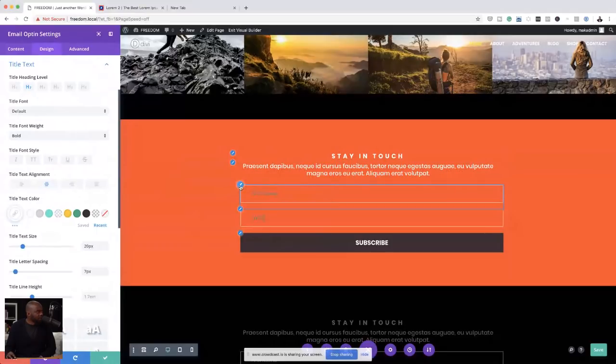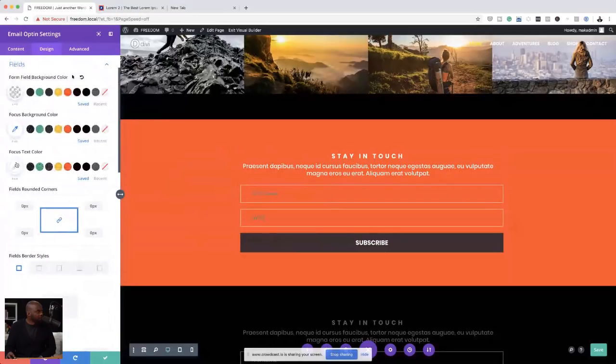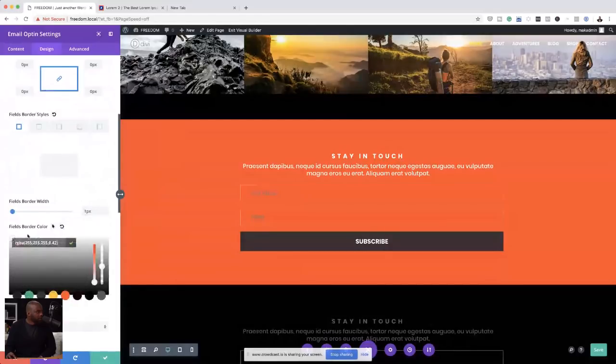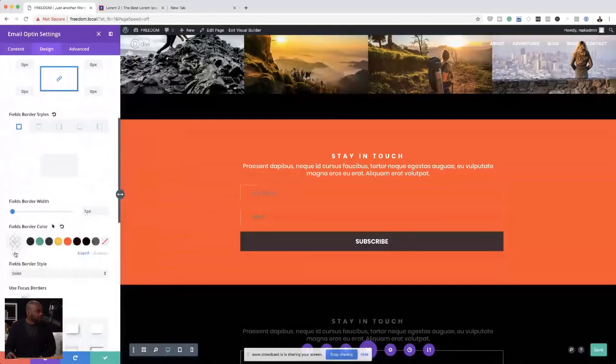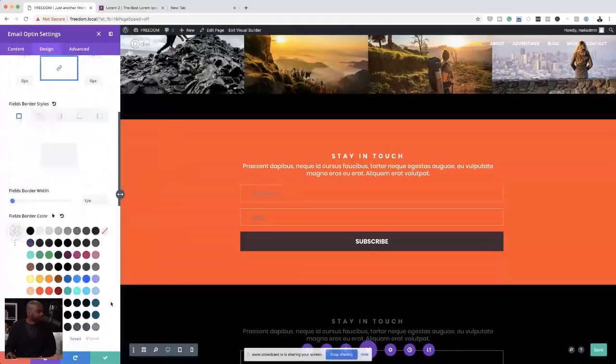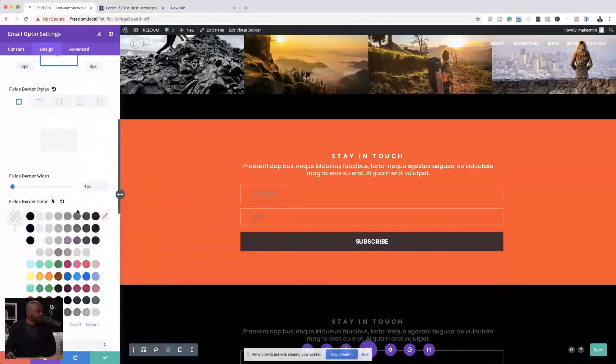So let's see. Let's come back over here to our border. For the border here, I'm going to go to my recent colors as well. And